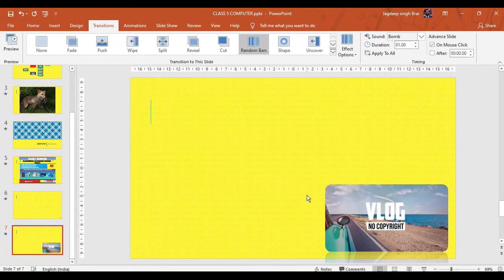So according to your requirement, you can set the transitions effect on your slide. The second topic is animation. Animations are the special effect that you can add to text and the object on a slide. The animation can make the audience pay attention to the important points, control the flow of information, and make the